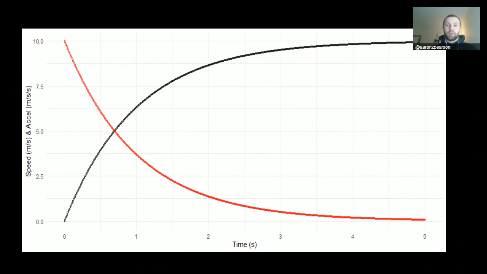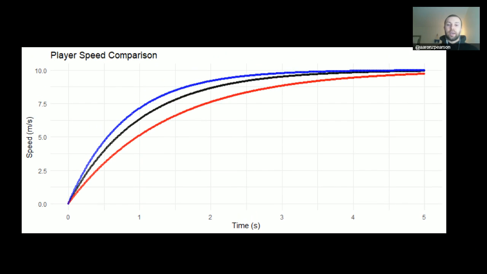This is going to be the first one. This is something that is seen in the mid-sprint package. So this is just going to be speed and acceleration of a player over time. And then we're going to have a very simple output like this, where we're comparing three athletes, all of which have the same top speed, but have different